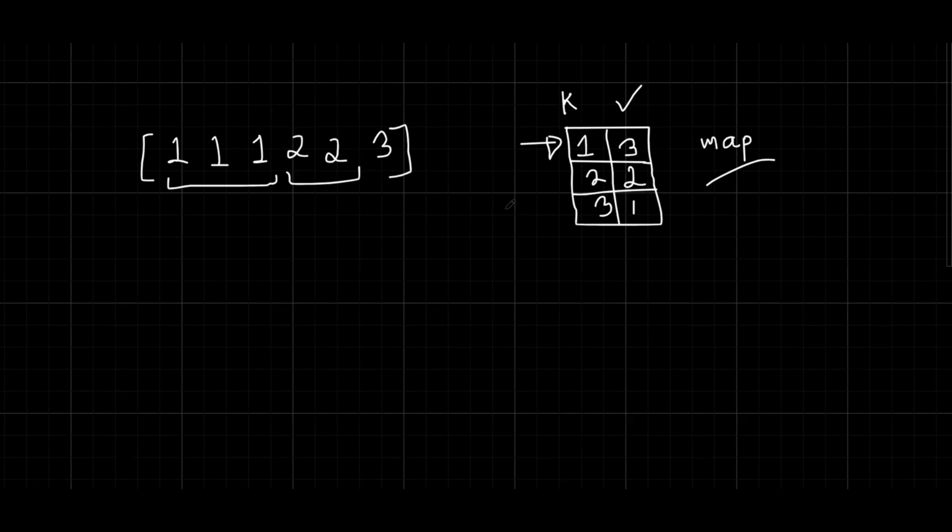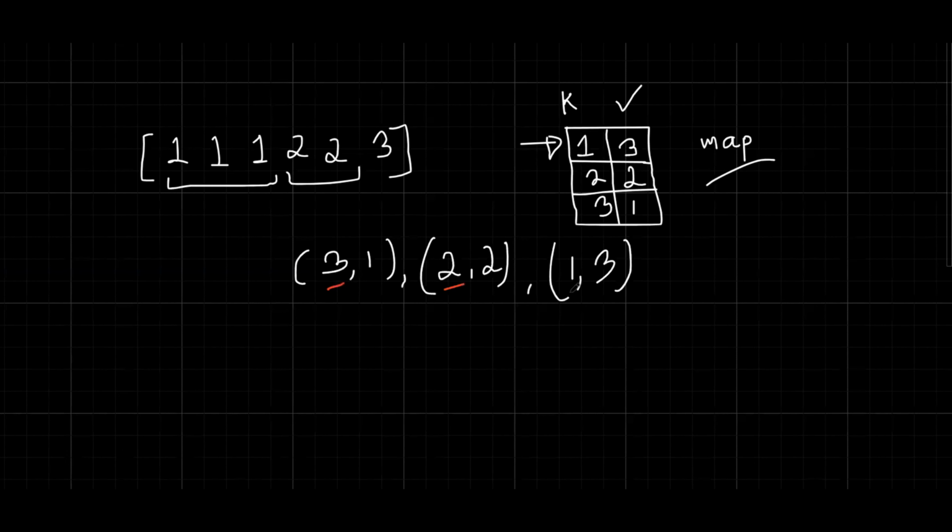Now we will try to make a vector of pairs by using this map. So here the first element of the vector of pairs will be 3 and 1. We are getting the frequency as the first element of the pair. The second element is 2 and 2. The third element is 1 and 3. Now here, the first element of all of the pairs is the frequency of the corresponding second element. Here, 3 is the frequency of 1, 2 is the frequency of 2, and 1 is the frequency of 3